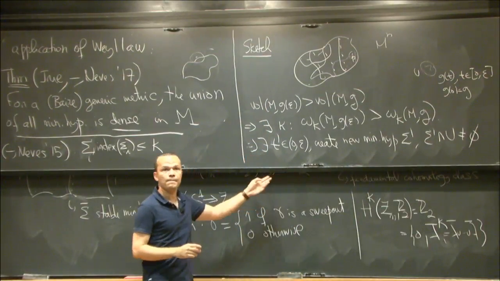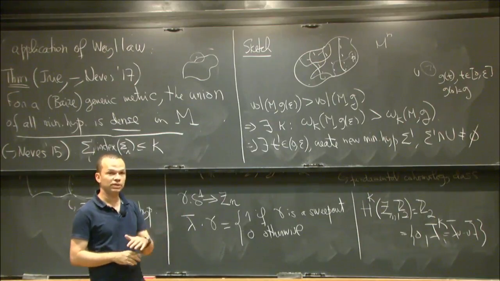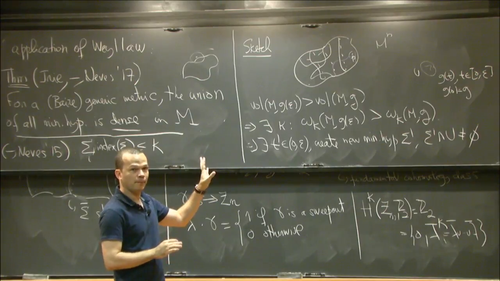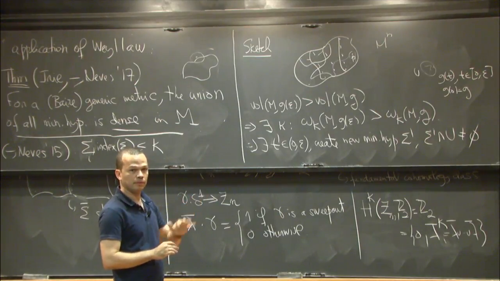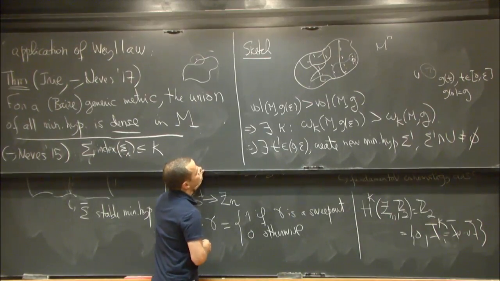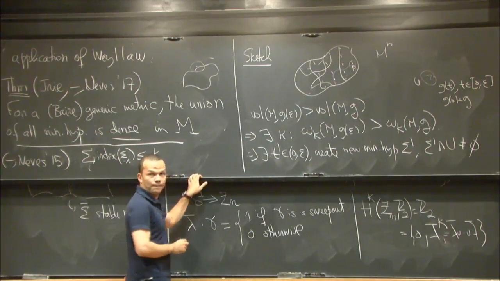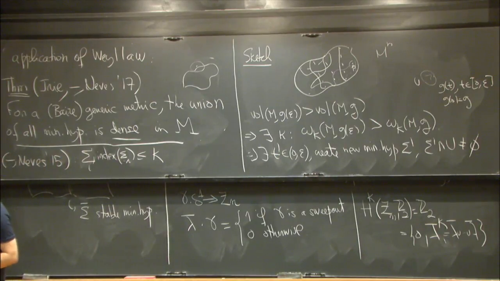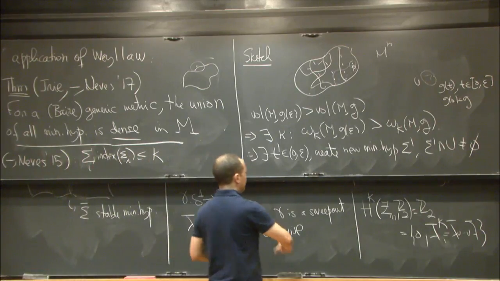Properness for the minimal surfaces created here? What's the question? Do you have properness for the minimal surfaces you have here? Properness? I mean, they're all compact. Yeah, they're all compact. Yeah, so it's clear you need the Weyl law, not just the weaker version. That's right.